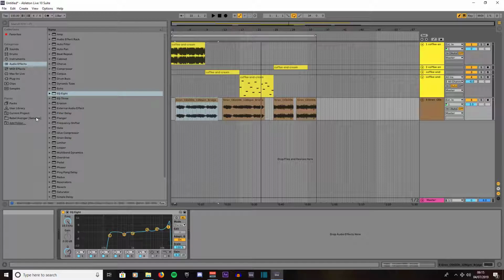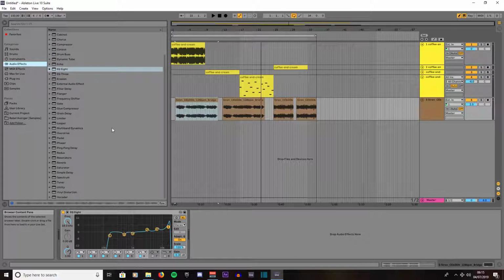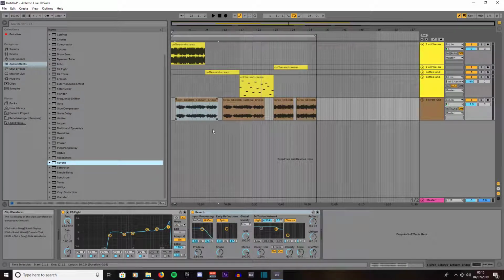Then what we do, we're going to want to touch a splash of reverb to really bring out a voice, add a bit spacey sound to it, a metallic echo. So click on your audio effects, come down to say reverb, drag that out to your channel, put the delay down to say